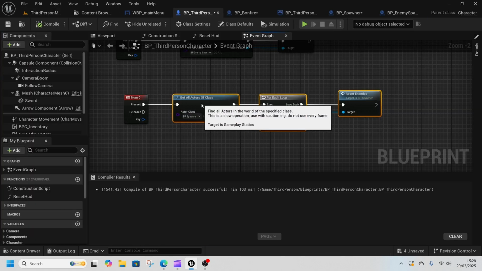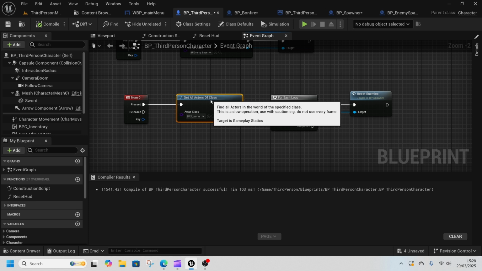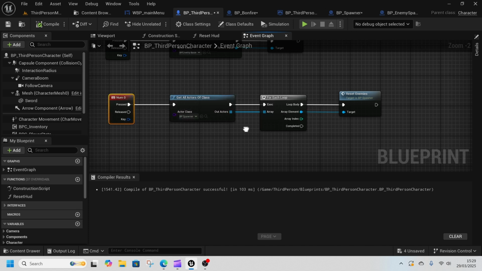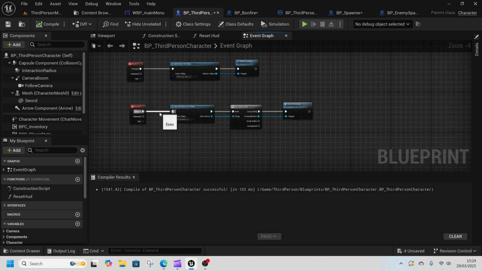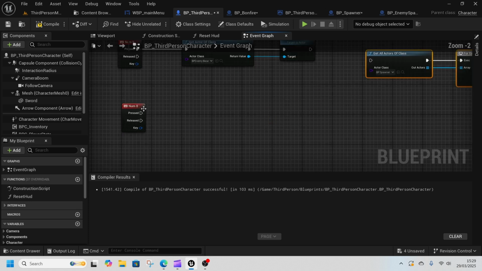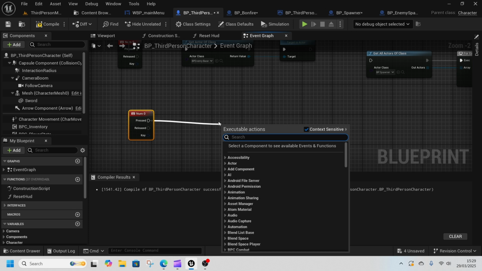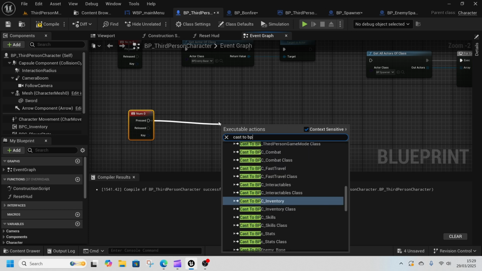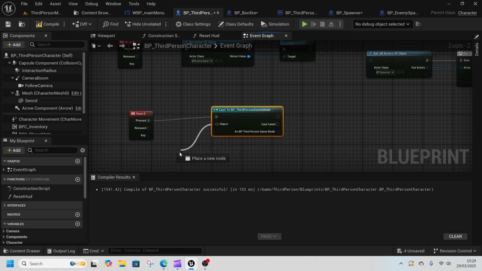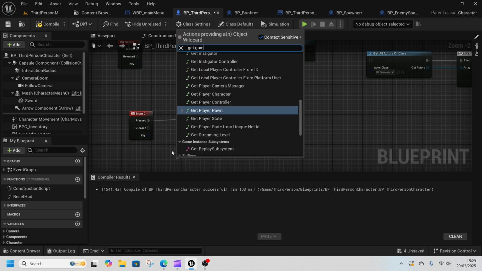The get all actors of class is a bit of a funky node. It'll loop for every single actor that we have that exists. So what if we don't want to use that? Then that's fine, because we can also use the game mode. So if we come here, we'll do a cast to BP third person game mode. We'll do get game mode,